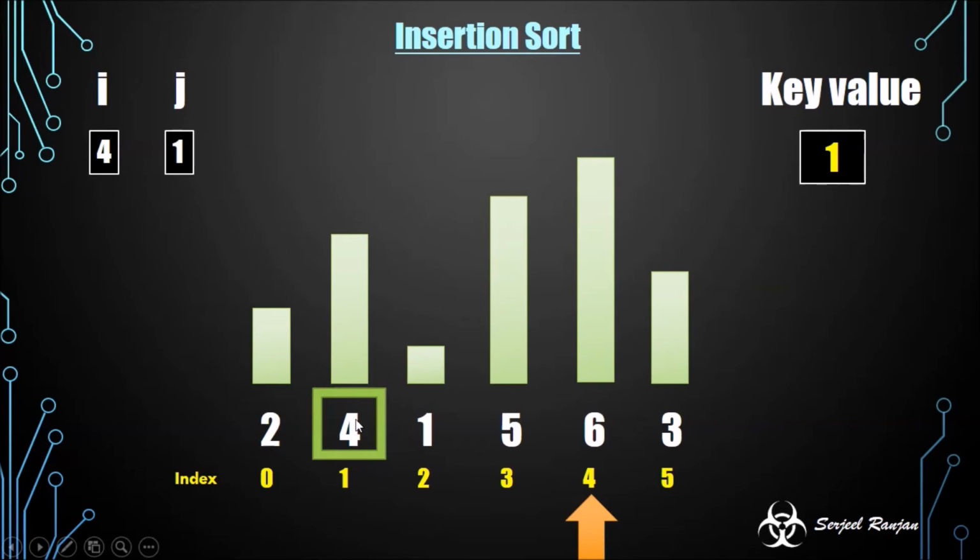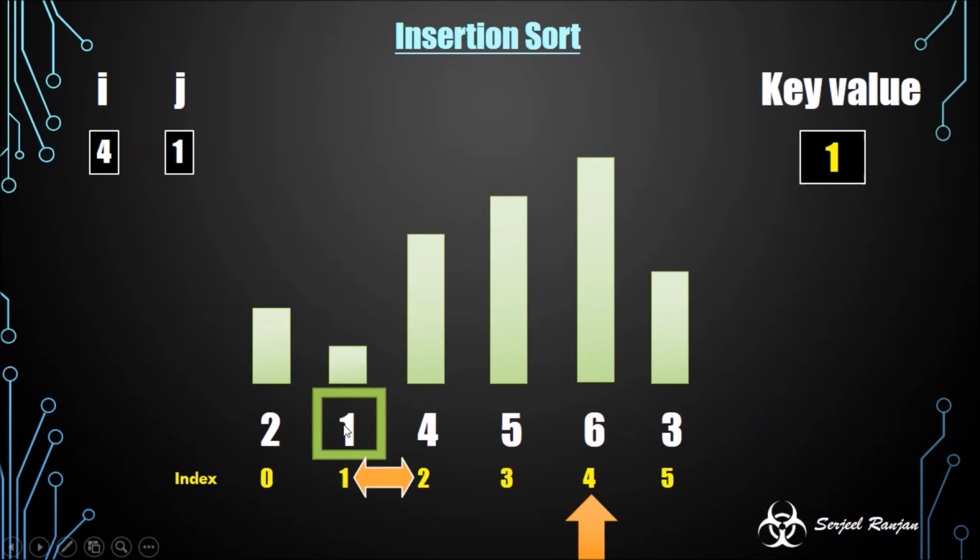So the box value is still greater than the key value, so we require to swap this box value with the adjacent number. So a swap was done. 1 came to the first index and 4 went to the second index. Still the process is not over. The box should further reach the 0th index. Okay, so now the box is at this 0th index. The value here is 2, which is still greater than our key value. So again a swapping will happen between these two numbers.